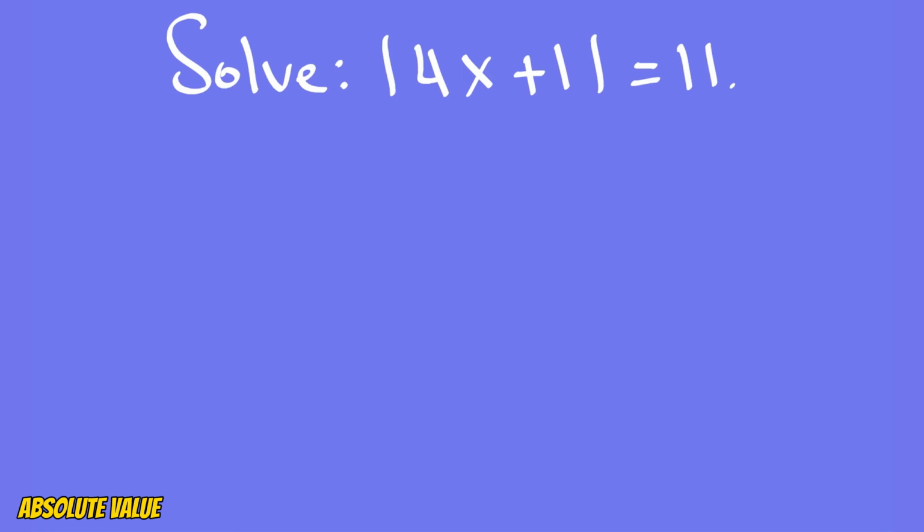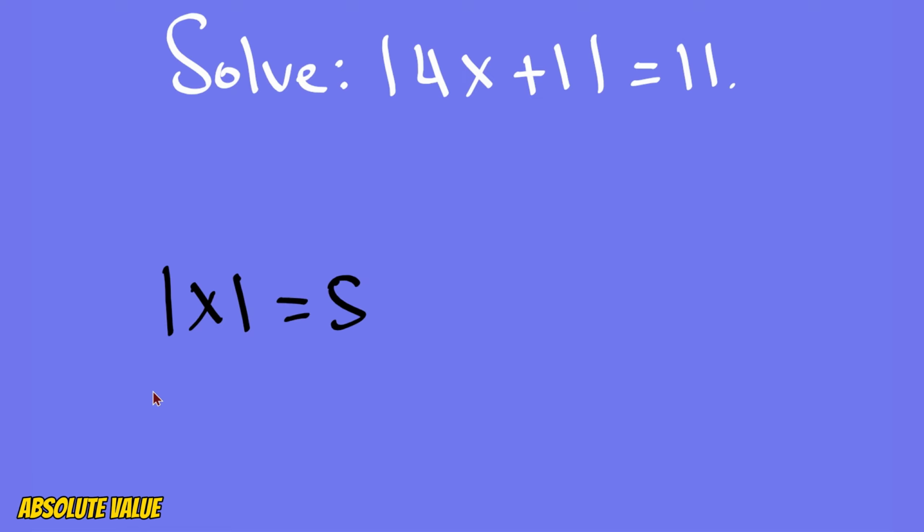All right, so here we have it: solve the absolute value of 4x plus 1 equals 11. And we need to solve this equation. How do we do that? Remind you that the absolute value of x, let's say if we have absolute value of x